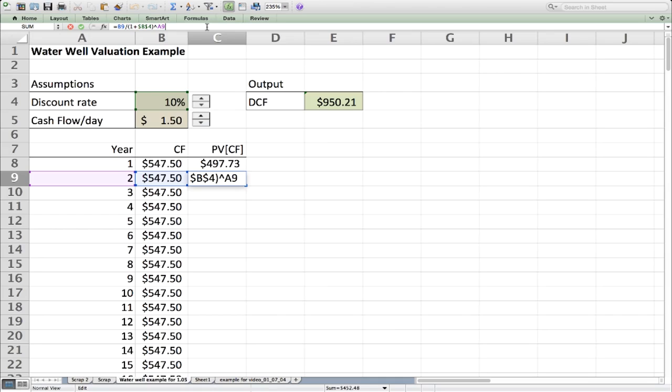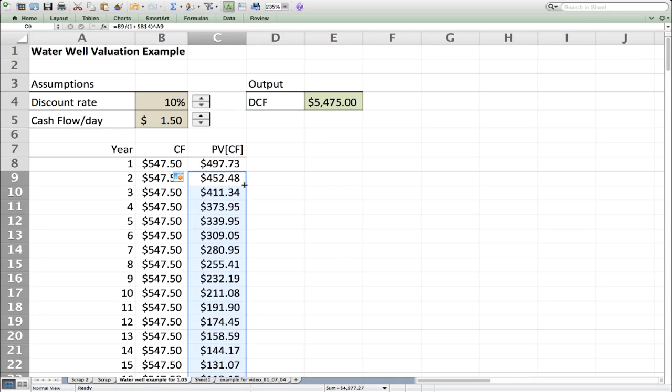I'm taking the $547.50 in year 2. I'm discounting it at 10% and raising that to the second power. So that formula is copied down well. The 547 coming in 2 years from now is worth 452. I'm going to again go from big plus sign to little plus sign, big to little, double click, and copy